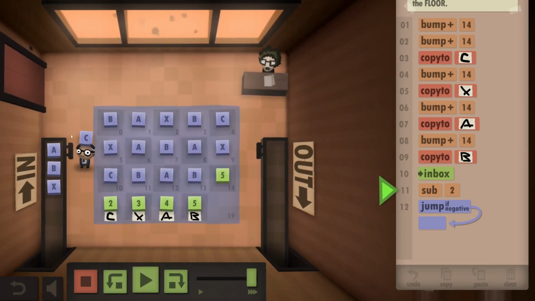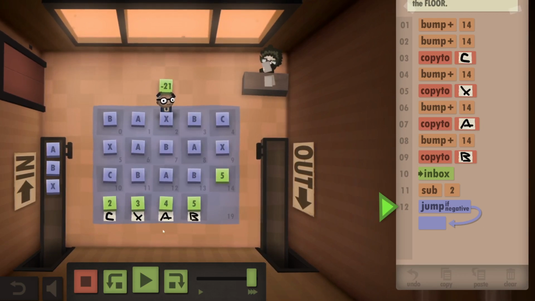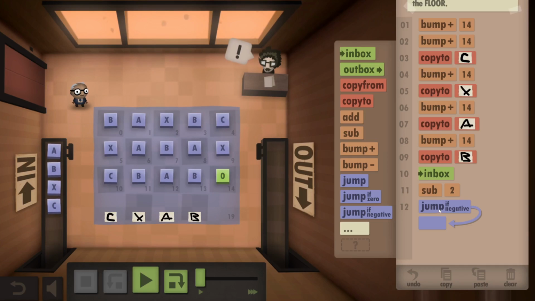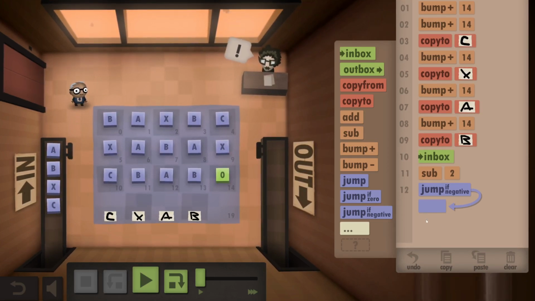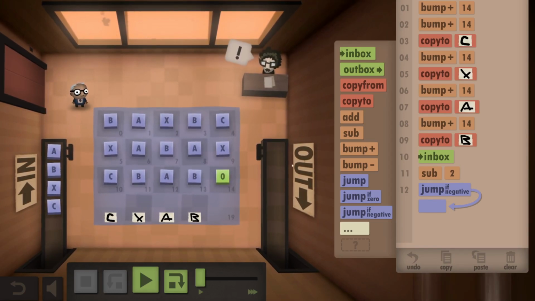Okay, so right now it has the letter C. It's going to subtract X, and I want to see what the result is. Minus 21. Okay, yeah, this is how I think it should work. If the result is negative, then that means it's not X, and we'll do something else. But if it is X, we are just going to